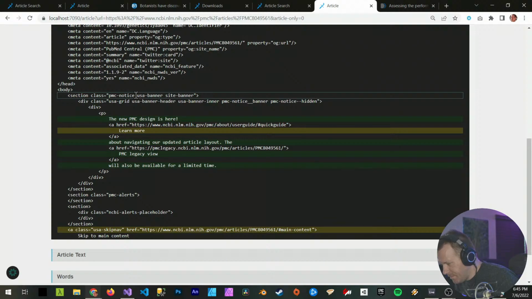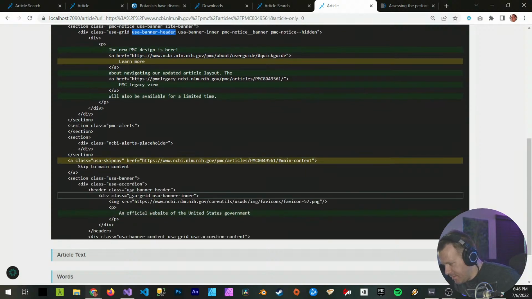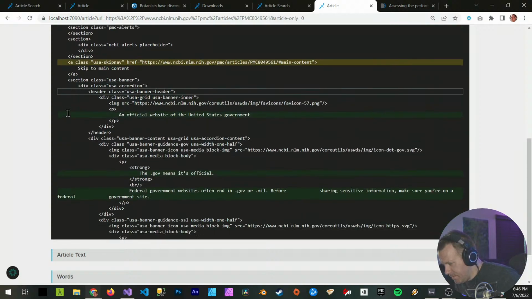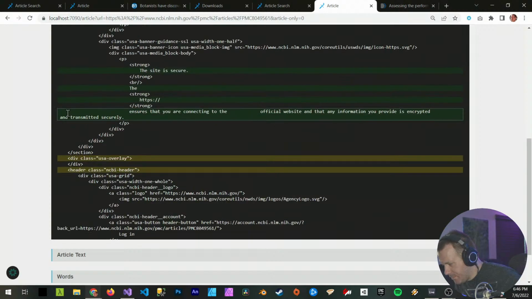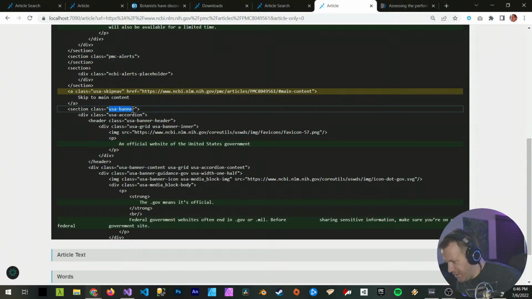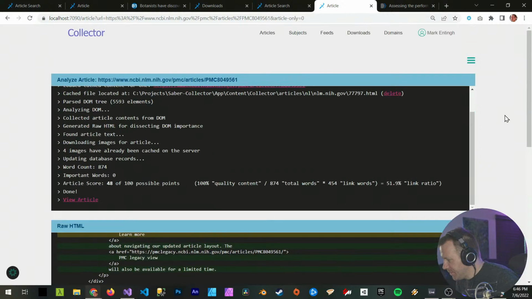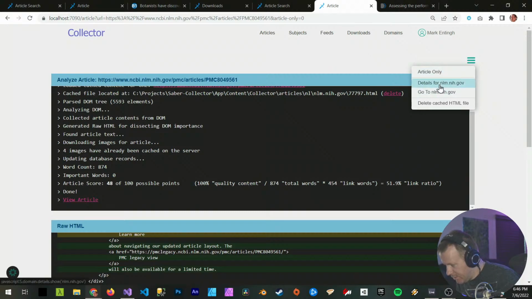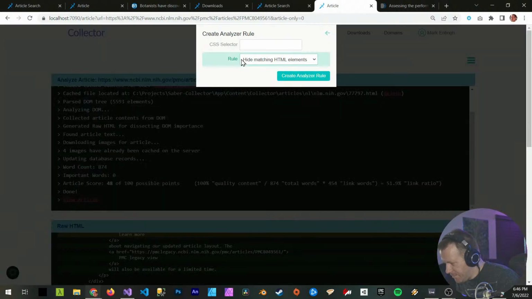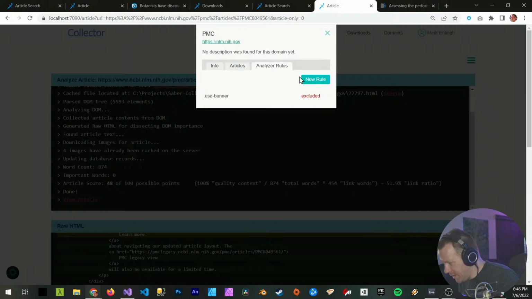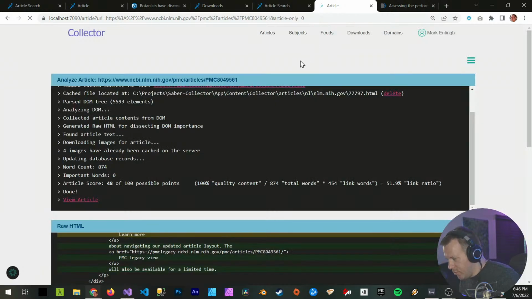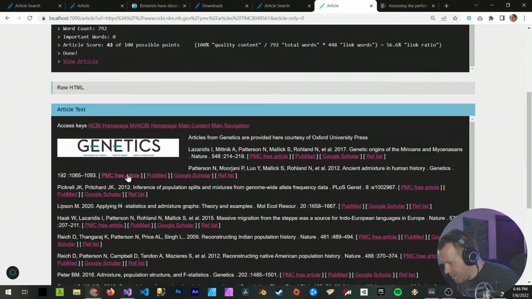Where is it? USA banner header. What? Actually, let's just do USA banner because we don't want any banners. That's all UI related stuff. So let's just do that and hide it. All right. Refresh. Much cleaner, but